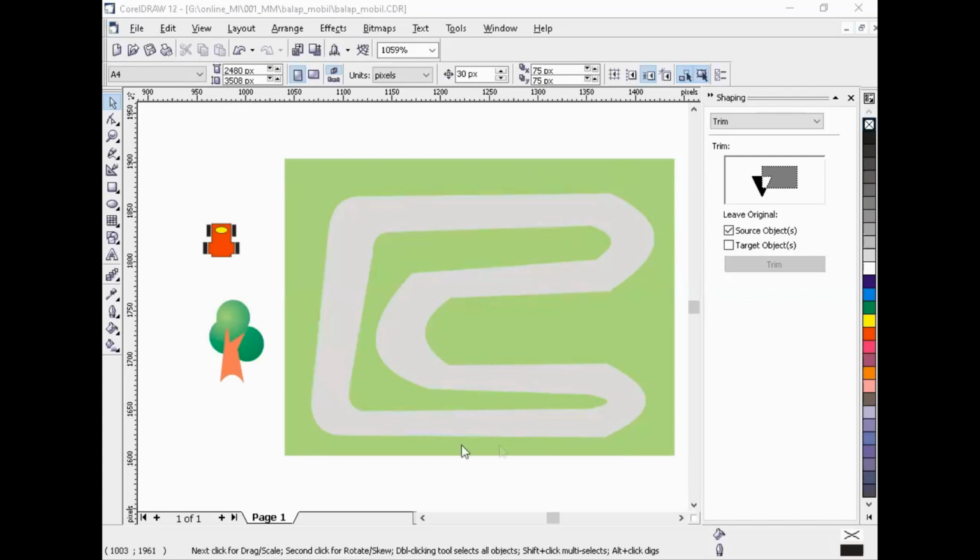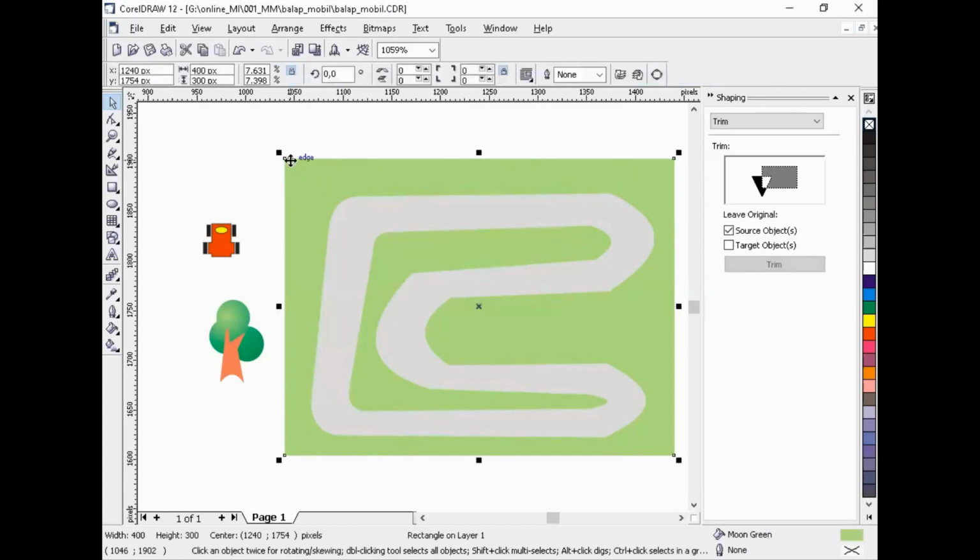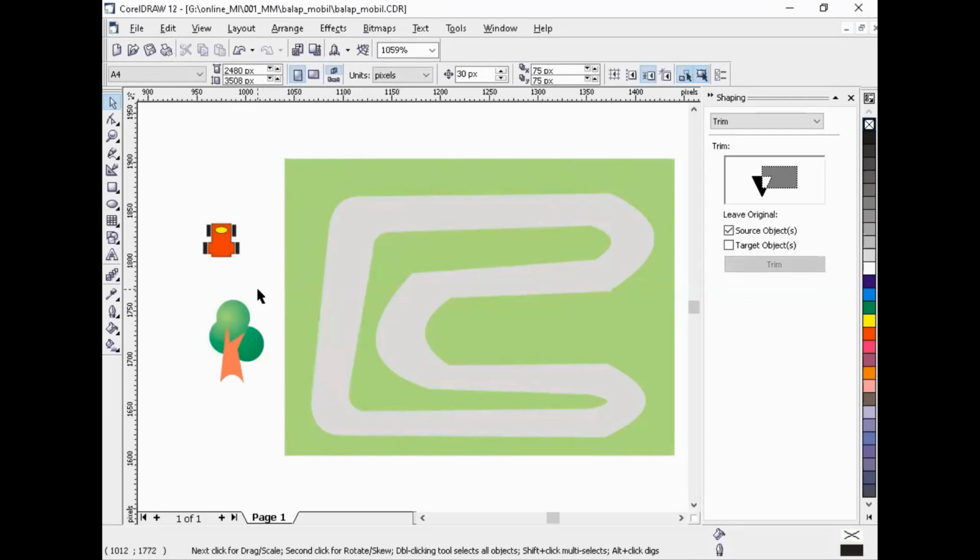I have a resource like this. This has a size of 400 pixel width and 300 pixel height. Yeah, I have a scenery like this.